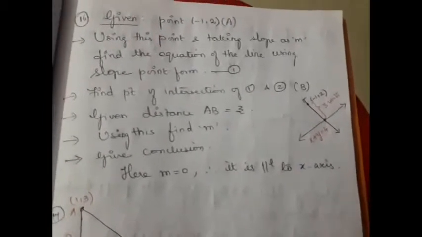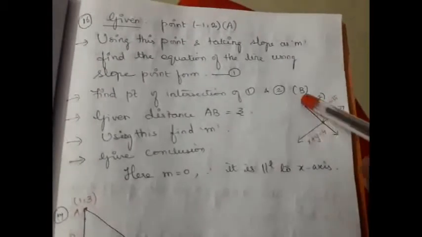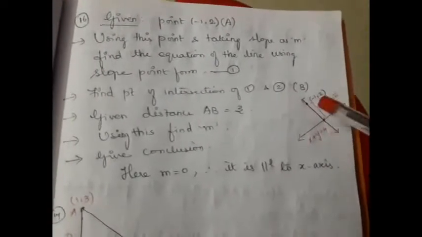I repeat the question. Find the direction. We need to find the direction of the straight line which must be drawn through the point (-1, 2) so that its point of intersection with another line may be at a distance of 3 units from the point. This is what is given in the question. We need to find the direction. The direction can be given based on its slope. So our ultimate aim is to find the slope of this line. If we find the slope of this line, we can tell the direction.